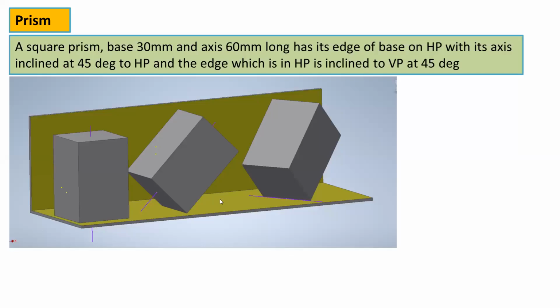Good afternoon, everyone. During the first lecture, we have seen the projection of the prism where the axis is inclined to HP and the vertical plane simultaneously. So this is a three-dimensional representation. We have completed the projection with the help of the CAD software. When you observe in the front and top direction, in the second and third stage, we have to identify which are the visible edges and which are the hidden edges.